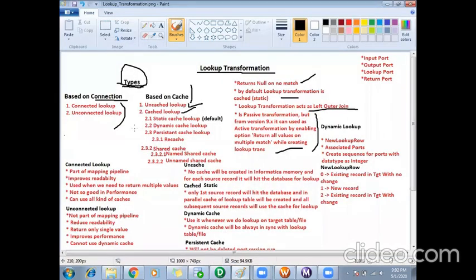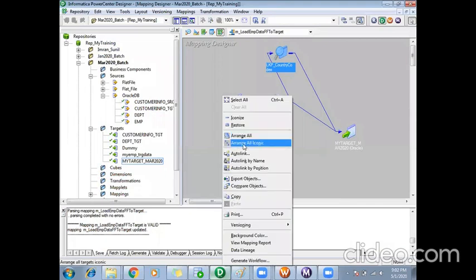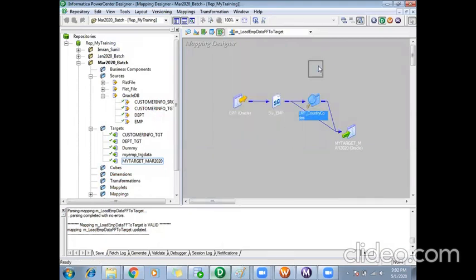Okay. So based on condition, I can say two types of lookups: connected and unconnected lookup. The one we saw now is a connected lookup. Again, same like stored procedure, we saw connected and unconnected, right? We say connected since it is part of the pipeline.